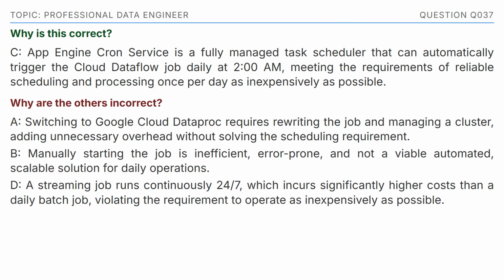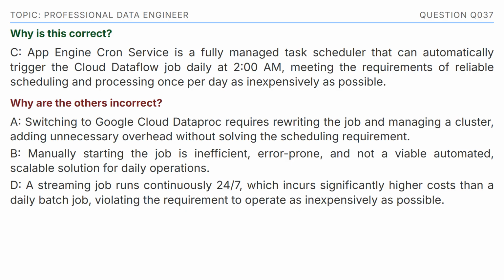C. App Engine cron service is a fully managed task scheduler that can automatically trigger the Cloud Dataflow job daily at 2 a.m., meeting the requirements of reliable scheduling and processing once per day as inexpensively as possible. Why are the others incorrect? A. Switching to Google Cloud Dataproc requires rewriting the job and managing a cluster, adding unnecessary overhead without solving the